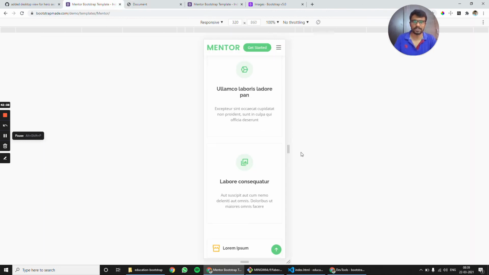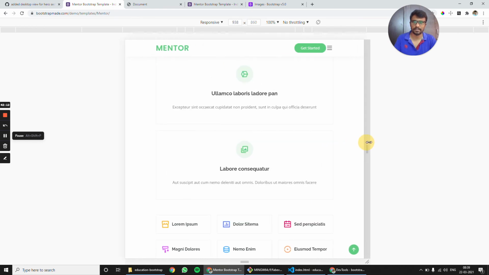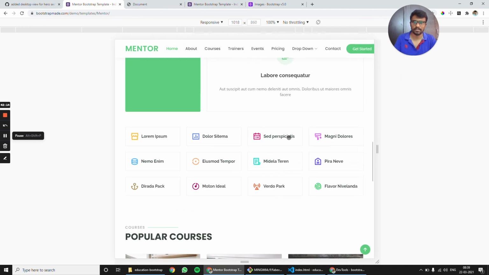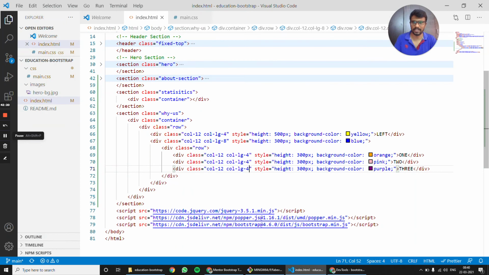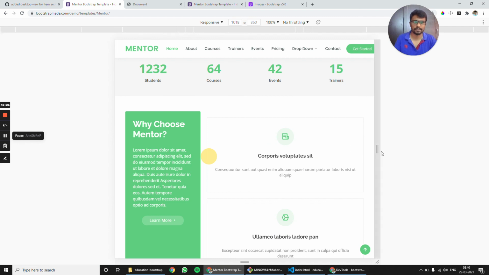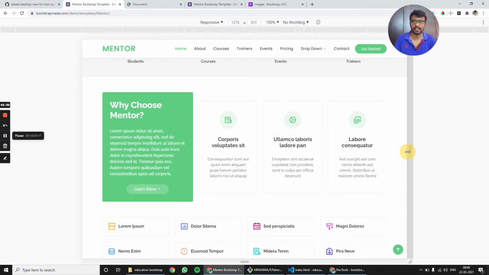But in the reference website, after 992, it maintains the same. So we don't need to do it at 992. There is a mistake here. In 992 also, we have to apply full width. And after